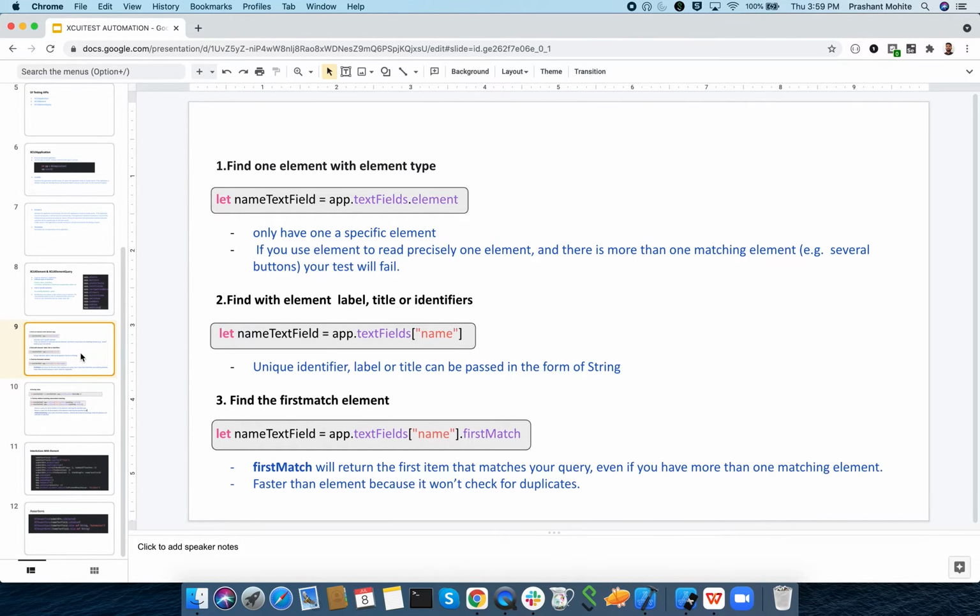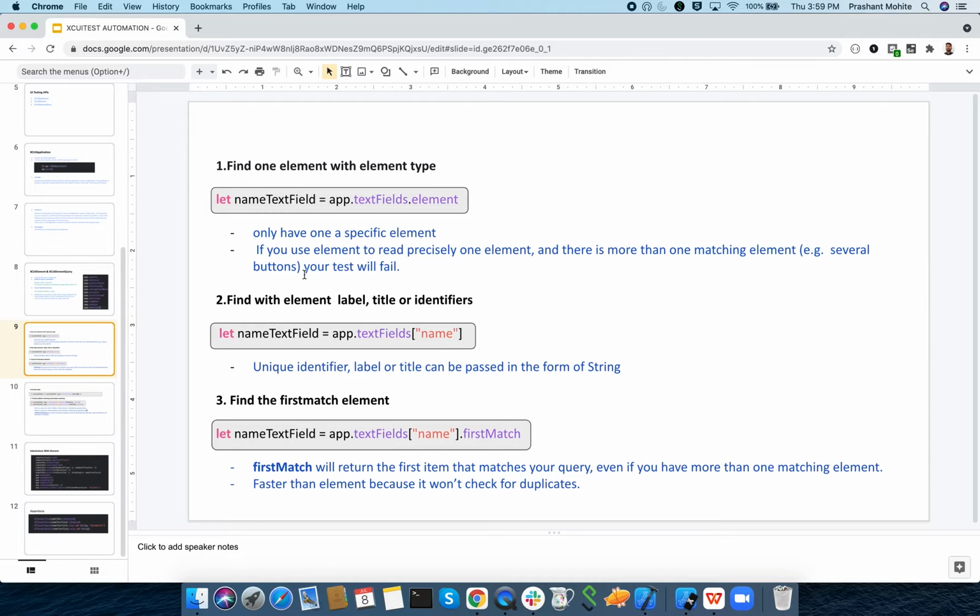We'll have a quick recap of how we can find an element. What we should keep in mind is that we should always write the query which can give us a unique element. On that unique element we can perform our actions. If only that particular type of element is on the screen, then we can find it like app.textFields, or app.scrollViews, or app.buttons, or app.pickerViews, and then element.